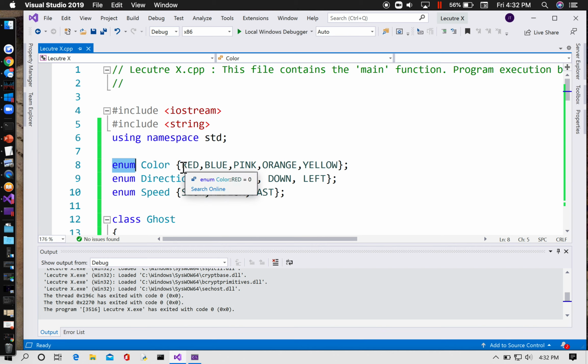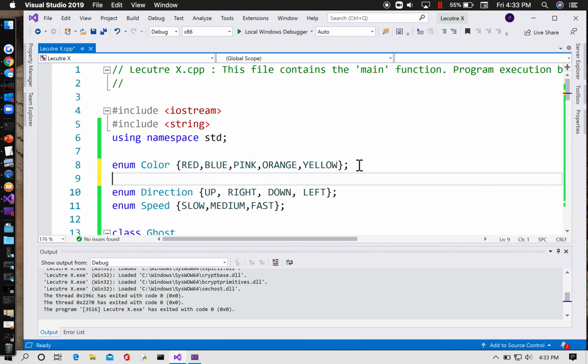And what we're saying is that whenever I declare a variable of color, behind the scenes it's an integer, and the color red is a 0, and blue is a 1, and pink is a 2, and orange is a 3. And direction is an integer that can be set to one of any 4 values, where up is 0, right is a 1, and down is a 2, and left is a 3. So we're going to need some kind of function to convert these into a human readable string. I mean, I guess we don't have to, but I'd like to know the names rather than just the numbers